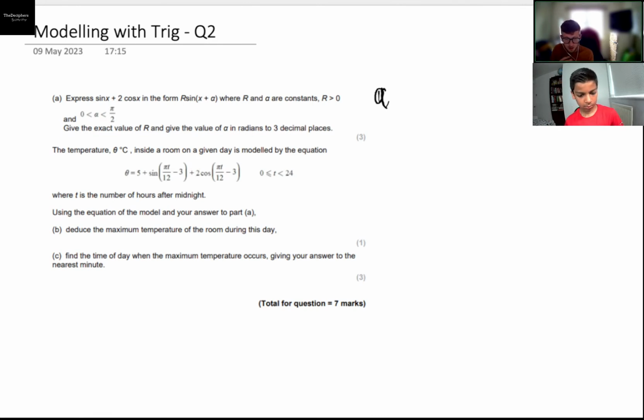So part A is get that sine x plus 2 cos x in the form r sine of x plus alpha. Notice it's sine x this time rather than cos. So it's a different compound angle formula, but the method is essentially the same, but we're in radians this time. Yep, so